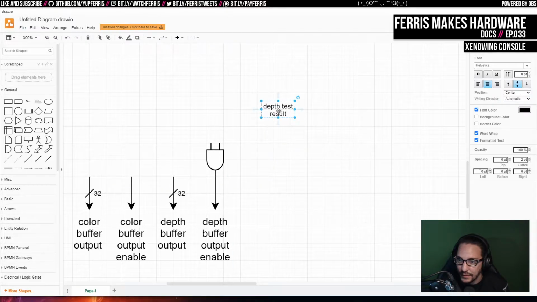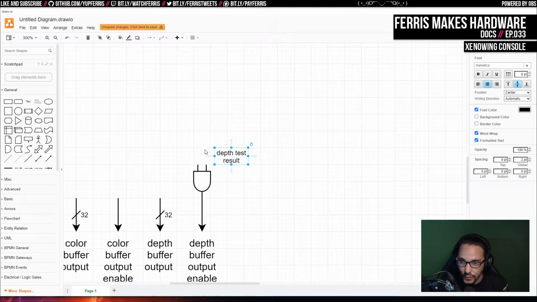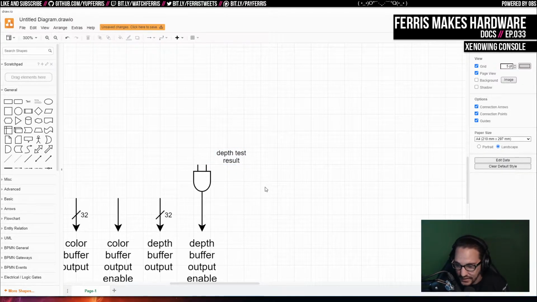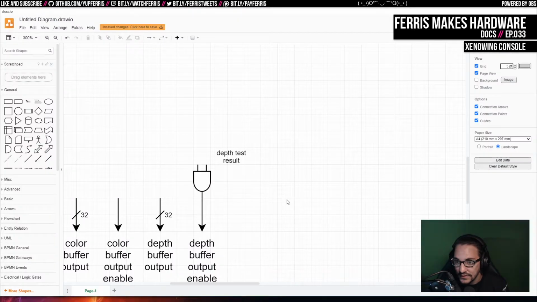And actually, that's not where this goes, right? Because the depth test result is one of the inputs here, and the other one is this valid signal. Maybe we don't care about the valid signal because I actually don't think that's useful for users. But the edge test, that is useful for. So